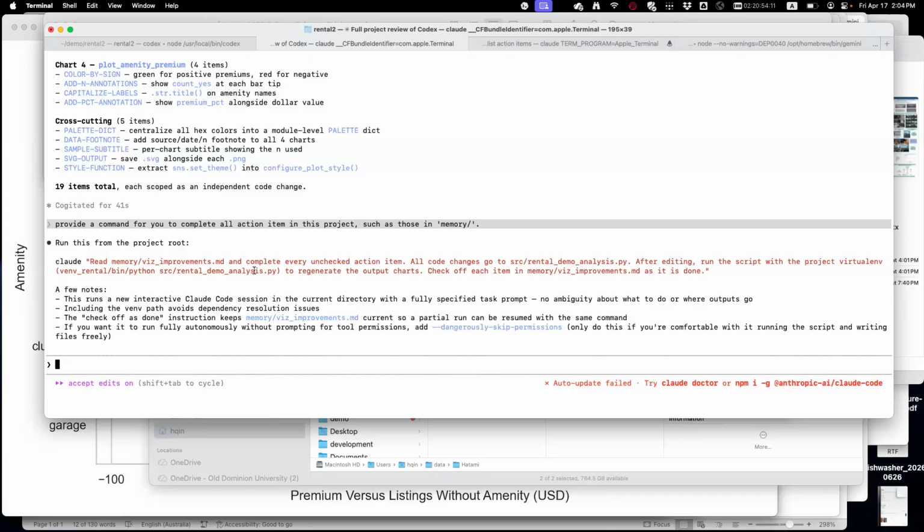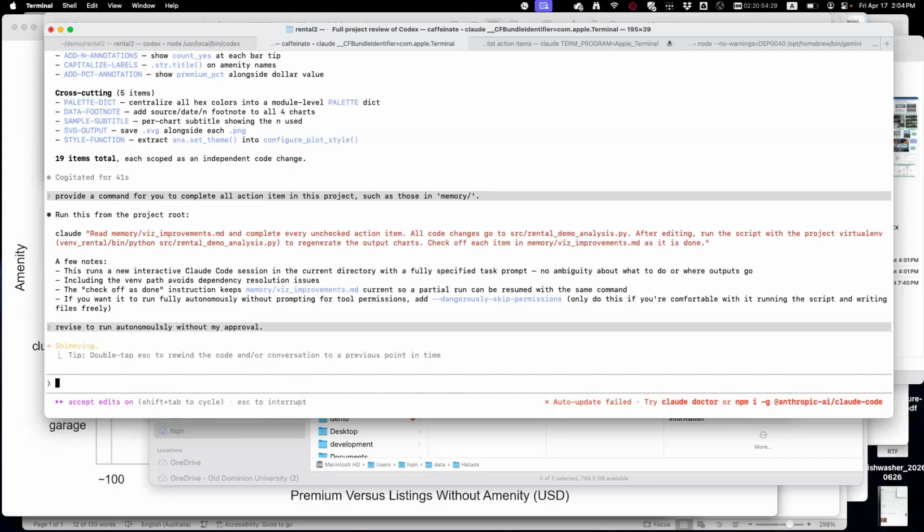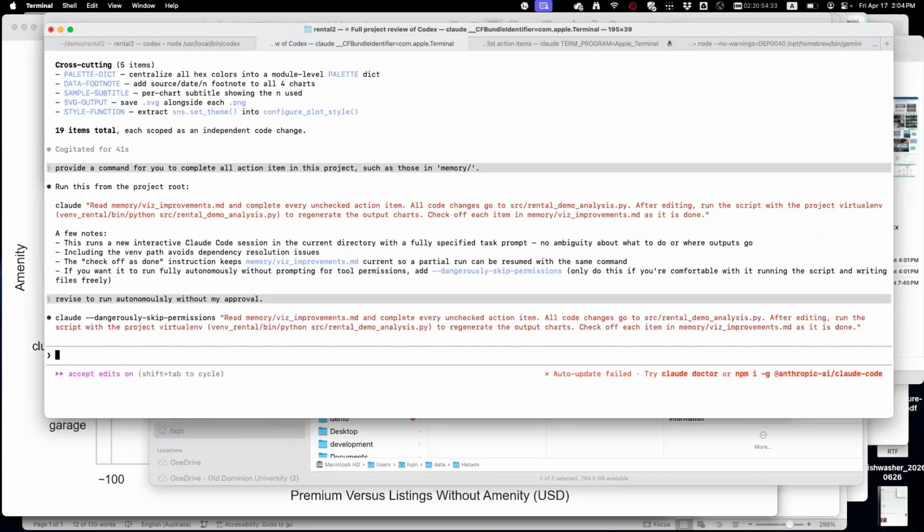That's interesting. Revise to run autonomously without my approval. Yes, look at that.